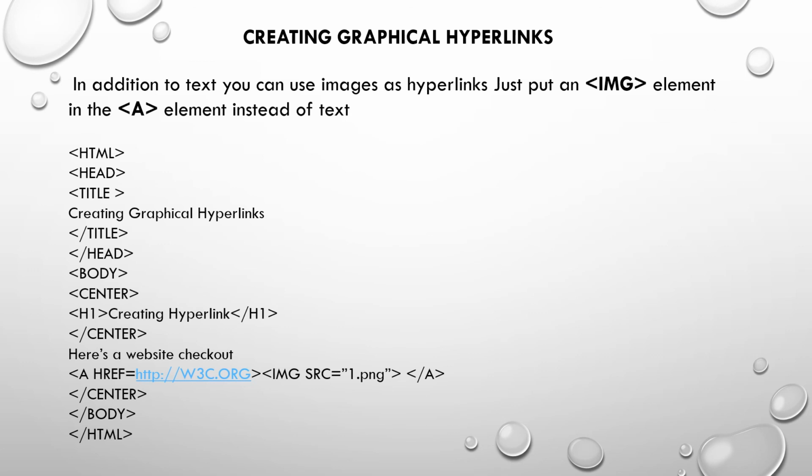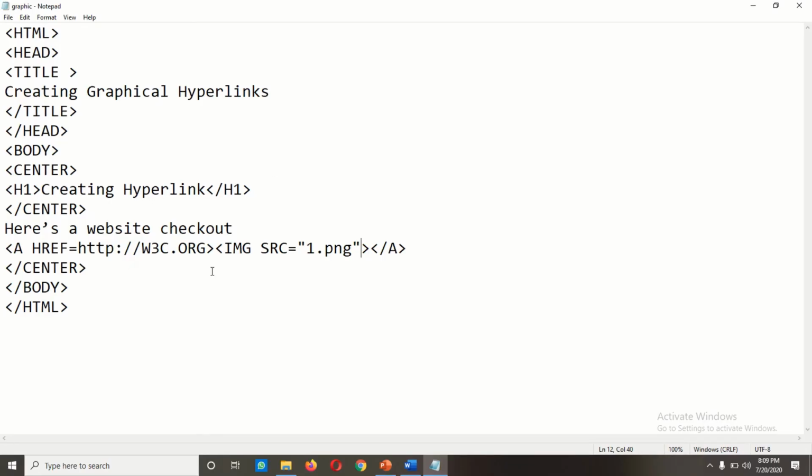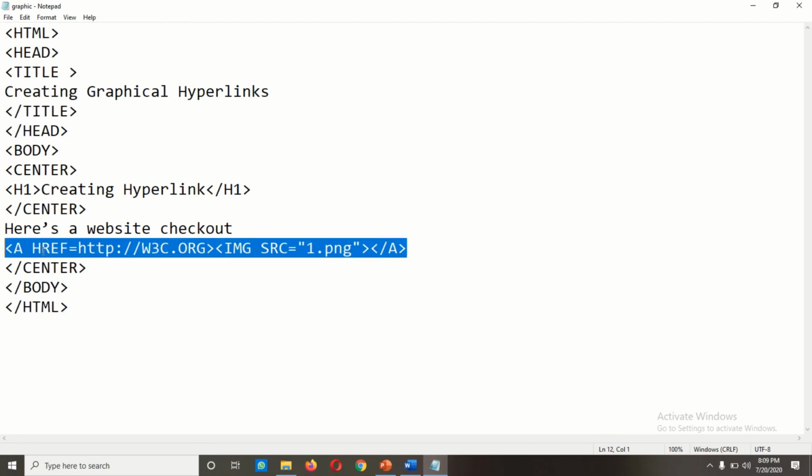Graphical hyperlink. A hyperlink in the form of an icon or graphic element is called a graphical hyperlink. In addition to text, you can use images as hyperlinks. Here is the example of a graphical hyperlink. a href equals w3c.org.